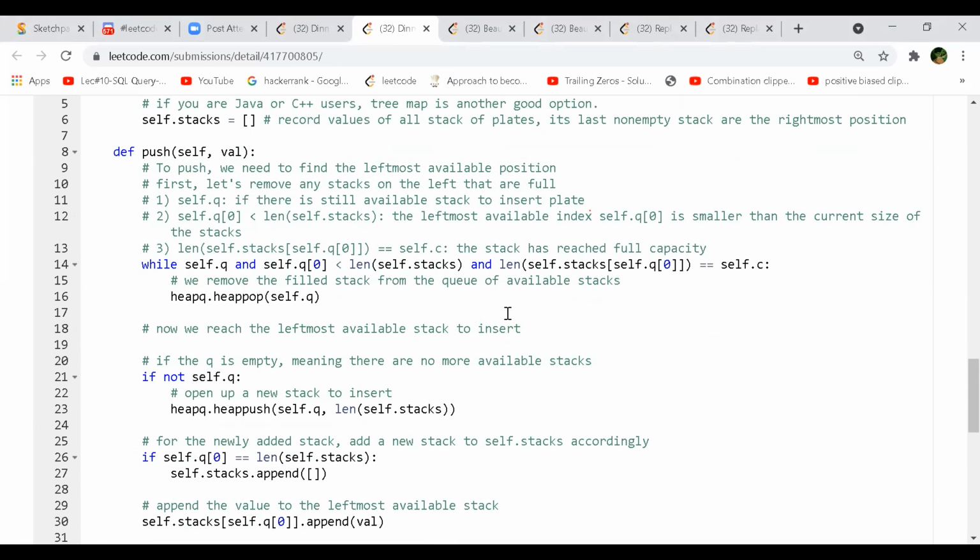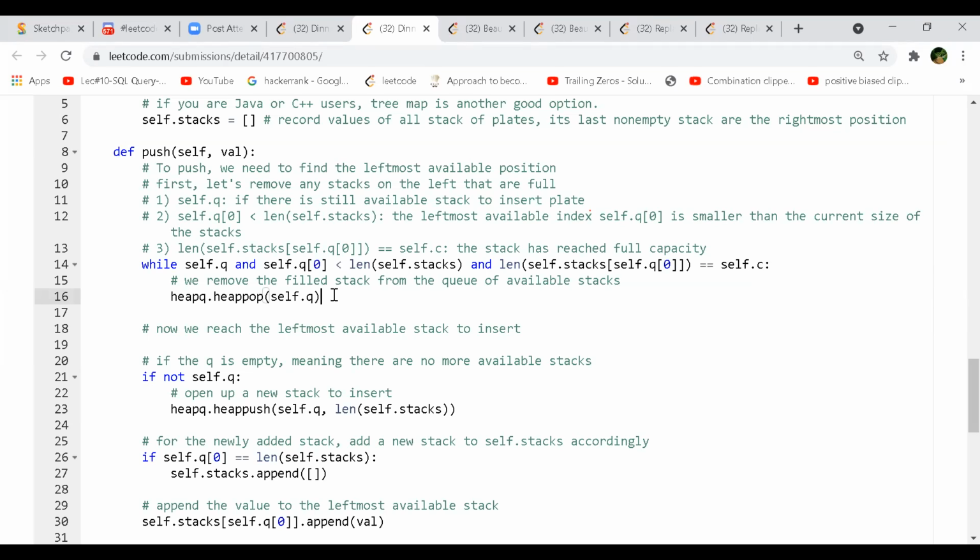We will push to a stack from the leftmost stack wherever the capacity is not full. Line, can you specify which line you are talking about? Line number 14. So we are popping it from the heap because its capacity is full and that index is no more valid to be popped. So duplicates won't be there.